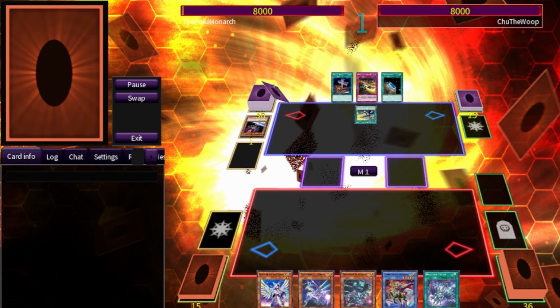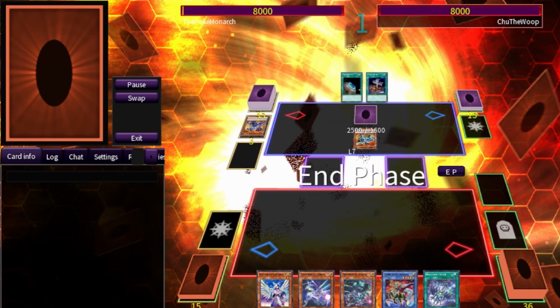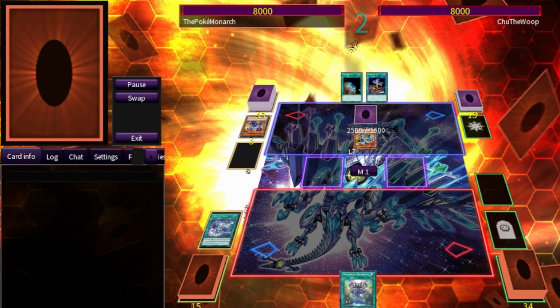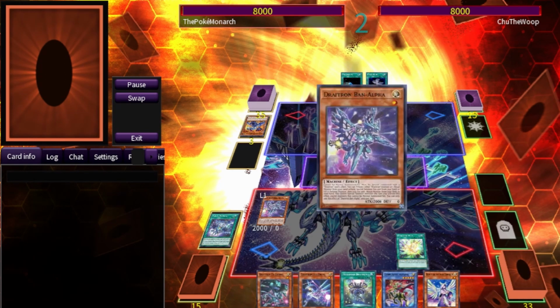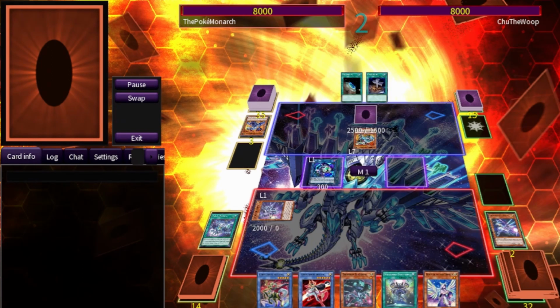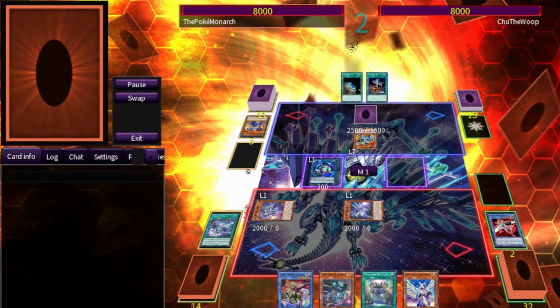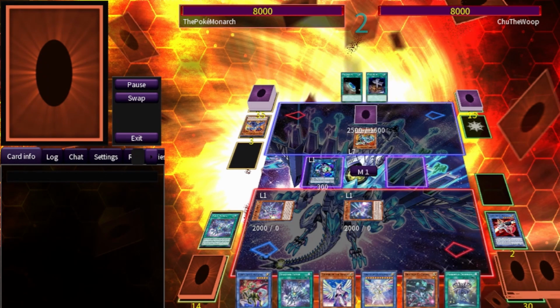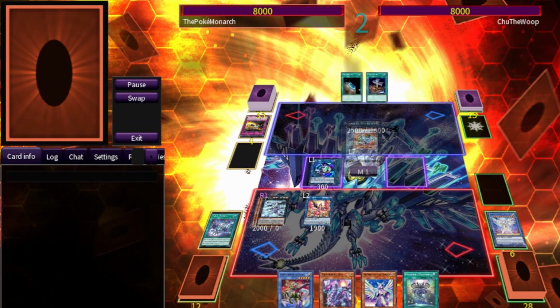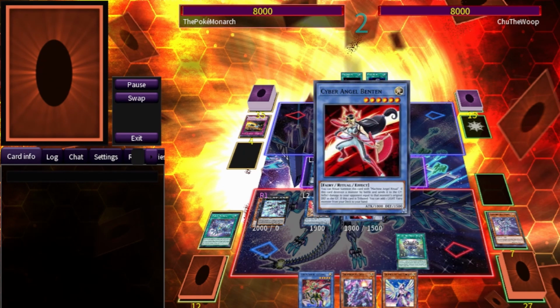Match number 2, we are going against Chew the Whoop, who is using his Sealed Only deck. So he summons out a Machina Fortress, sets 1, passes turn. We go ahead and activate our Drytron Fafnir. We add Nova, summon out our Alpha, link it off for Linkuriboh, go into Alpha again, and then we go into our Delta, I believe. We summon out Nightmare Phoenix, pop the back row, go for Gamma, summoning Alpha, go into Mu Beta Fafnir, summoning out our Ben 10,